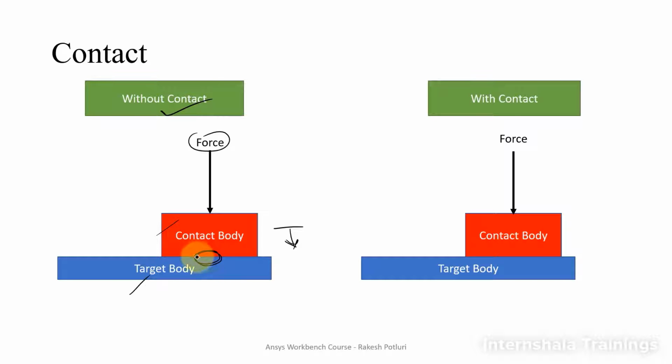So now we'll define a contact here, and once we define a contact, you apply the force. What will happen? The force will travel from this body into this particular body. This contact body cannot penetrate this target body, and vice versa. If you apply the force from here without contact, this target body will be moving up and down through this body. But if you apply a contact and then apply a force in this direction, this target body will transfer all the forces to this body. And not only forces, all the boundary conditions and loading conditions have to be transferred, especially when an object is an assembly containing a number of parts, so you need to apply contacts.